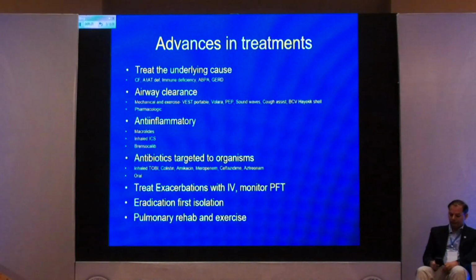And then we also treat exacerbations if they have a 10% drop in PFT. We do about a 14-day course of antibiotic. We monitor their PFT. It's important to isolate Pseudomonas and eradicate it. That's the message over there. If you have first Pseudomonas before it becomes mucoid, in the lab report it comes as mucoid or non-mucoid. Before it becomes mucoid, you can eradicate. You can save life. You can impact mortality if it is non-mucoid and you're able to eradicate it.